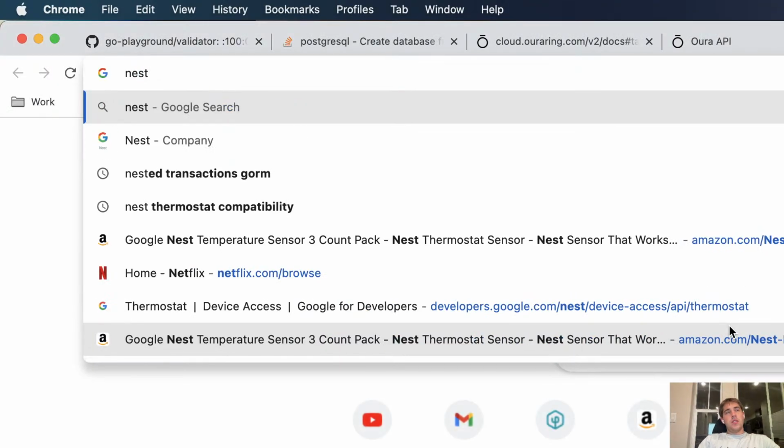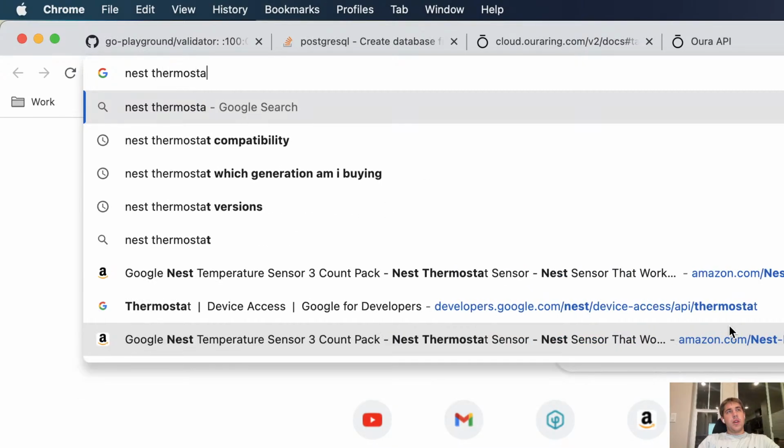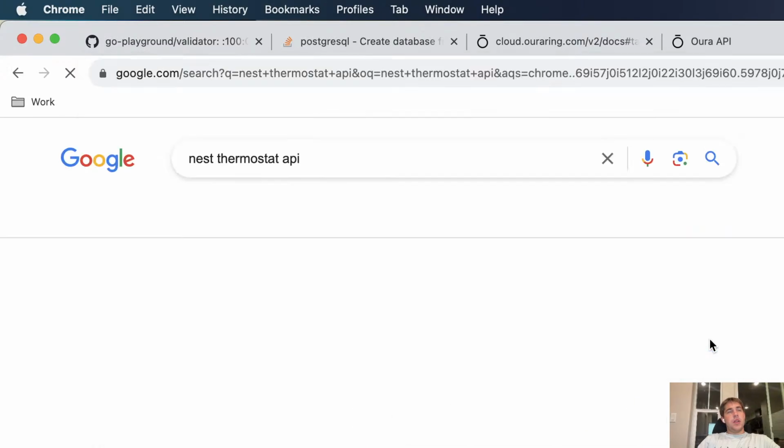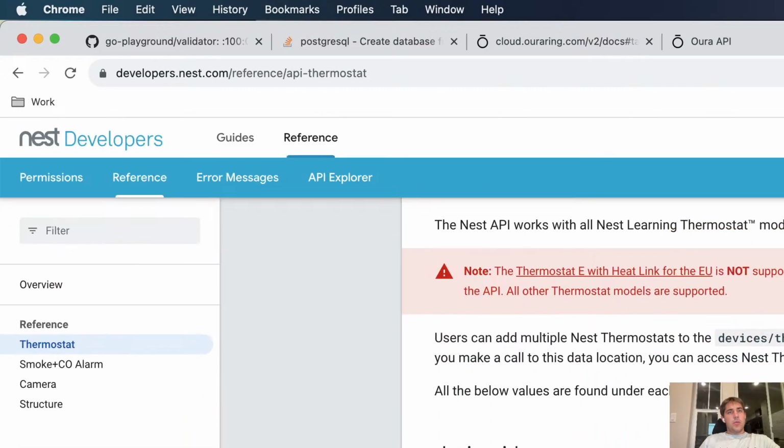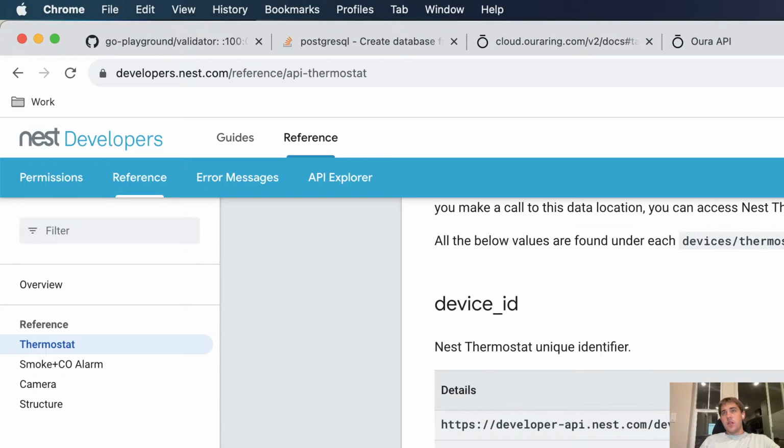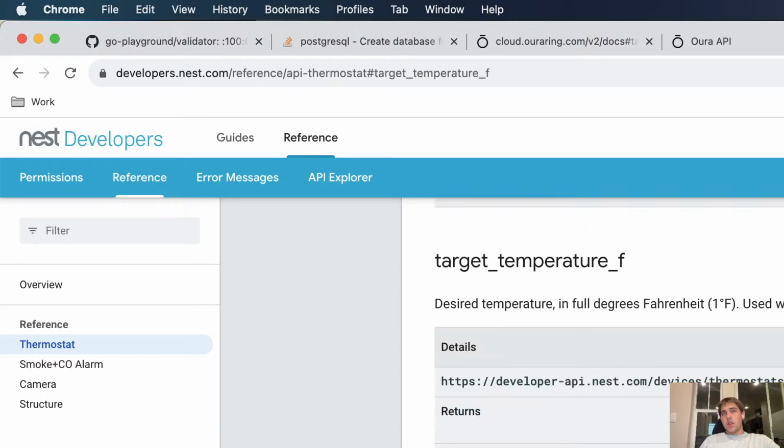Figure out Nest API thermostat API. Not supported. That's fine. Let's see. Looks like all Git stuff.